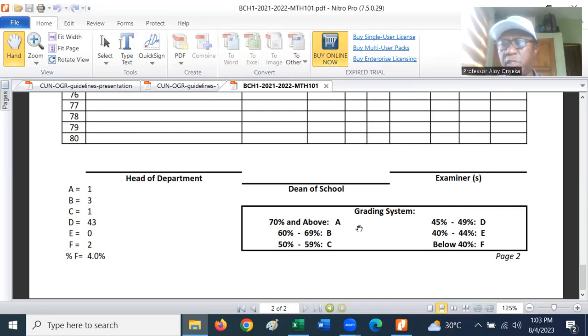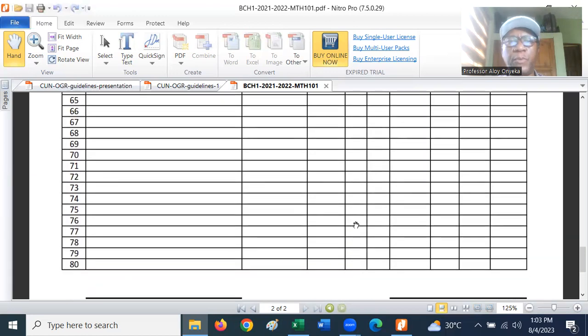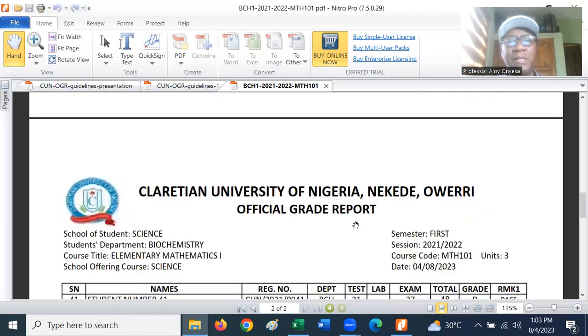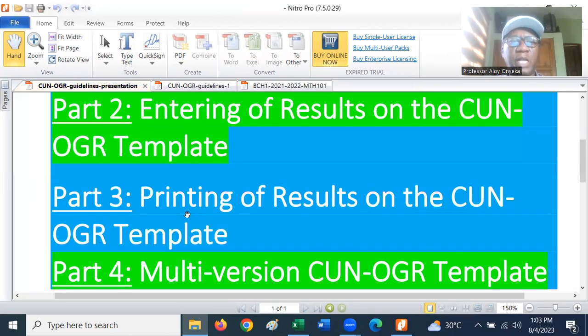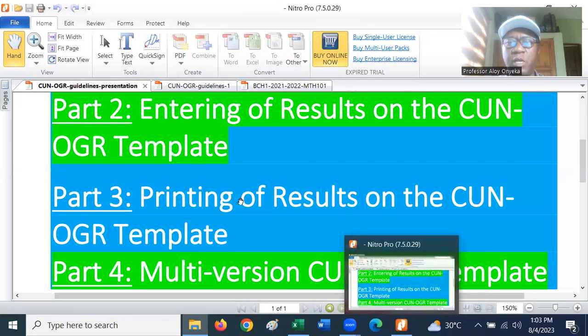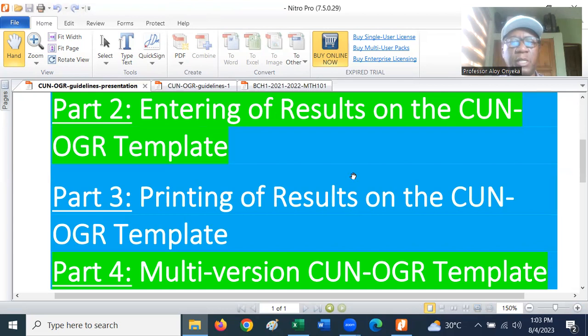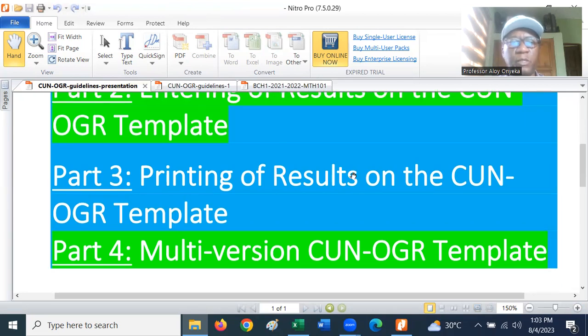For the sake of time, we can stop here. The second method, actually, maybe we can consider it later. I don't want this video to be too long. So what that means is we are done with printing of the result. We've seen how to print it. You print a PDF. You see those 2 pages there. You can take it to any printer and print it, and the formatting will not have any issues. So the final thing we are going to look at is the multi-version component of the OGR,